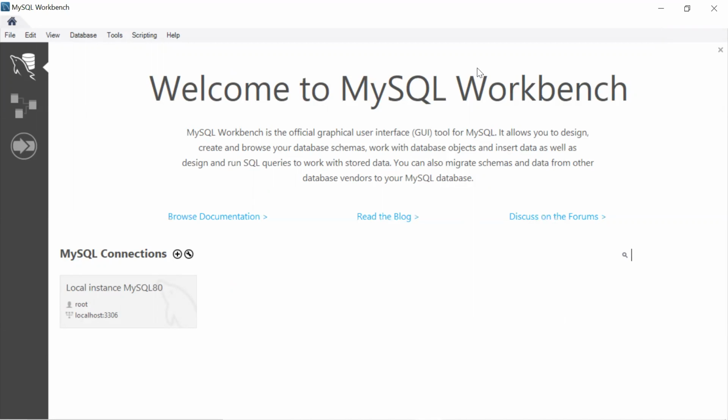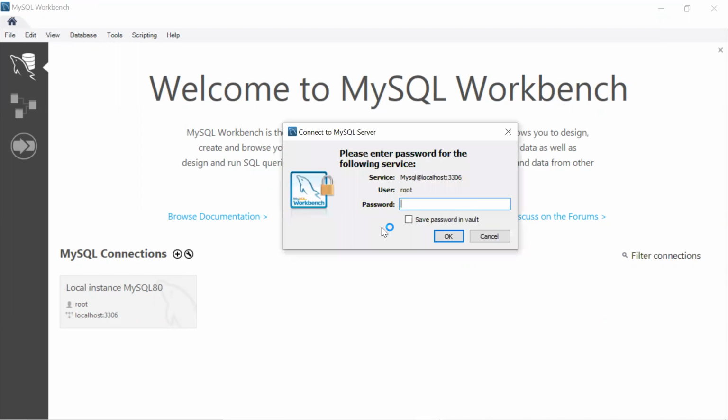Okay. So this Workbench is used to access the database server directly, where you can write queries and run multiple databases. It's kind of like an IDE for databases. When you install MySQL, it comes by default with the setup. You can see I already have the MySQL server running on my local machine, and I've established a connection to localhost 3306 with the root username and password.